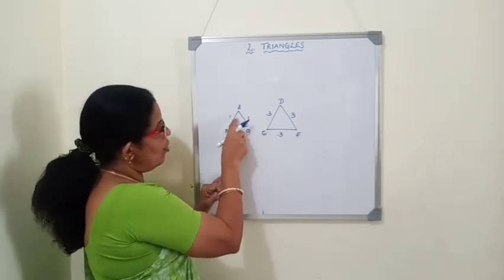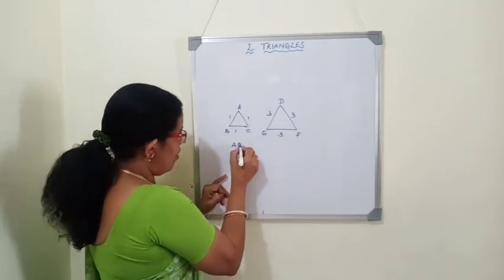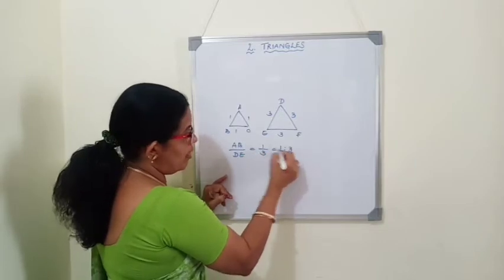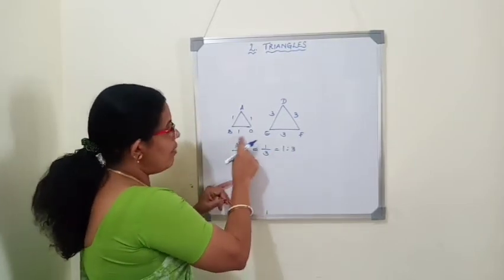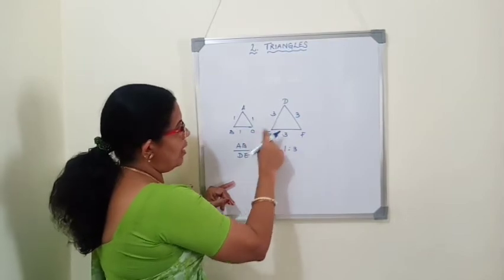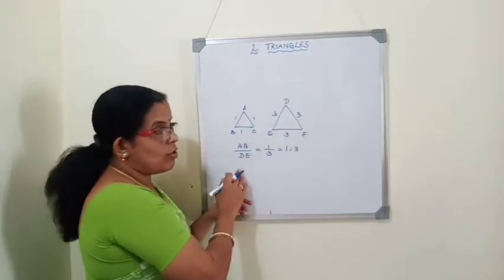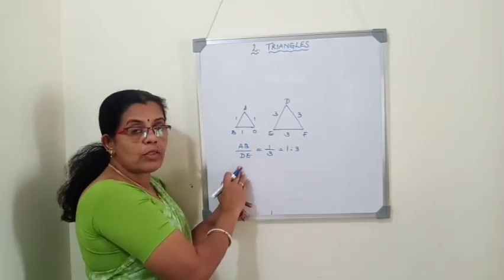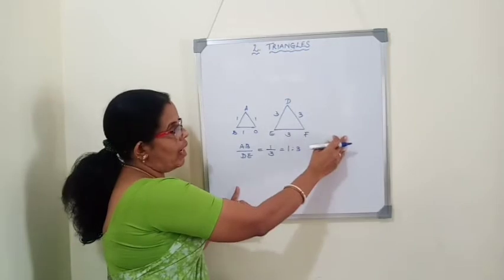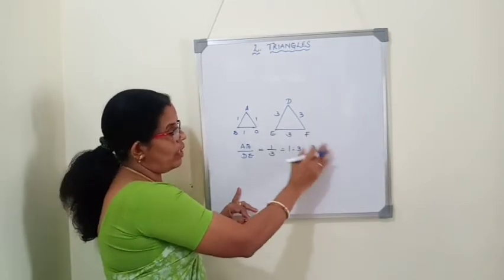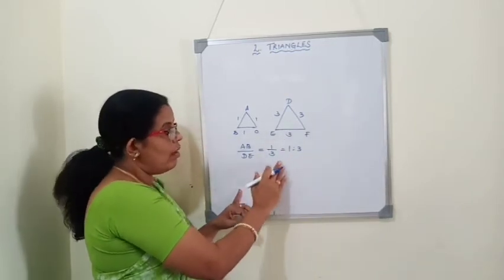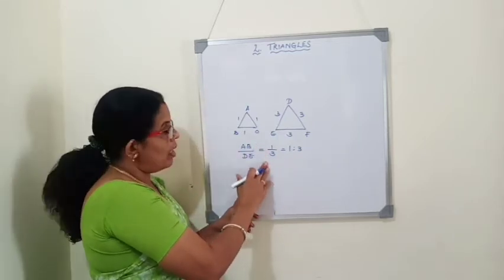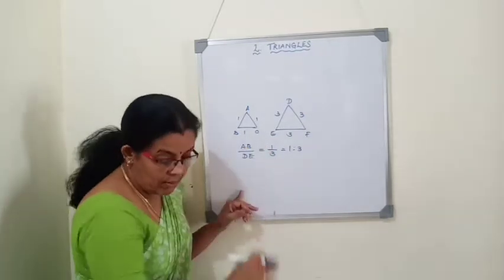When you take the ratio AB by DE is equal to 1 by 3. When you write the ratio, we can write it in the form 1:3 or 1 by 3. Even BC by EF is also 1 by 3. AC by DF is also 1 by 3. So always two equilateral triangles will be similar and two squares also will be similar. Any size of equilateral triangles or squares, if you draw and find the ratio of the sides, always the ratio will be equal. So equilateral triangles are always similar. Even squares are also always similar.